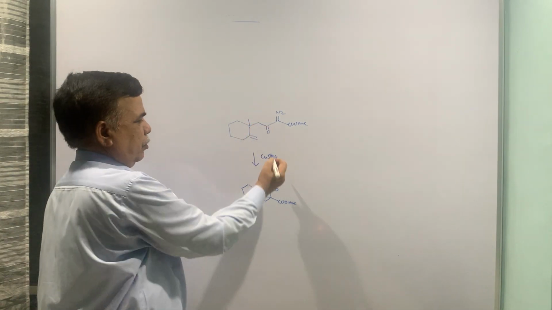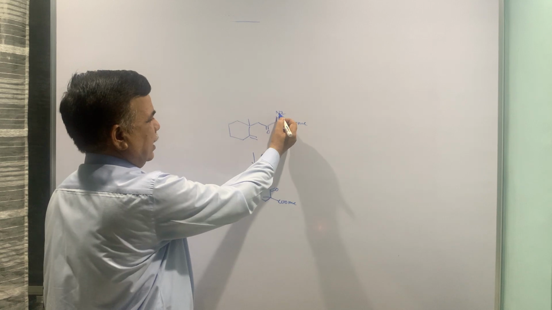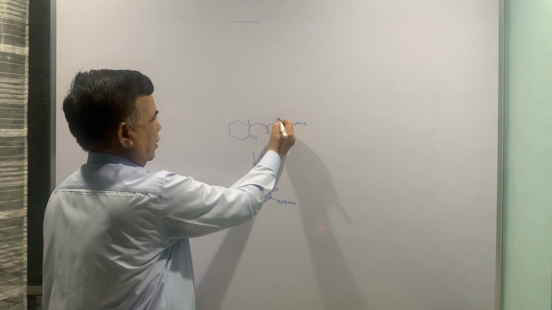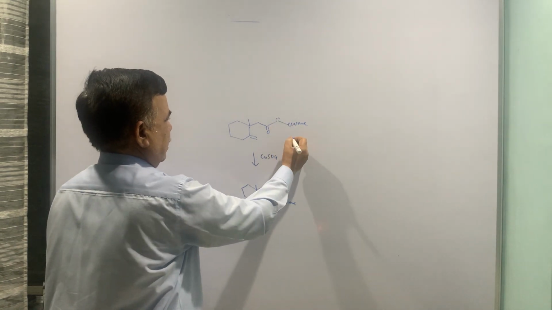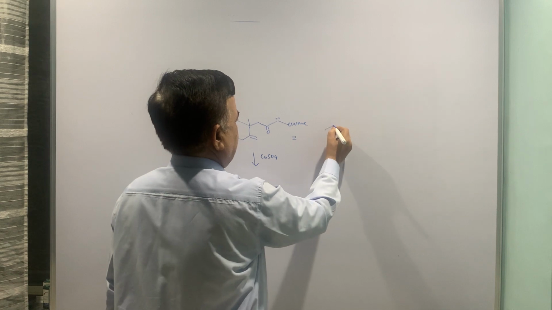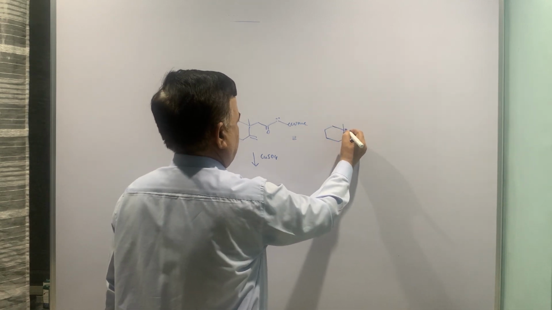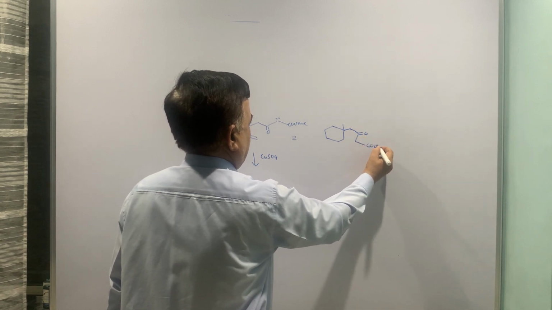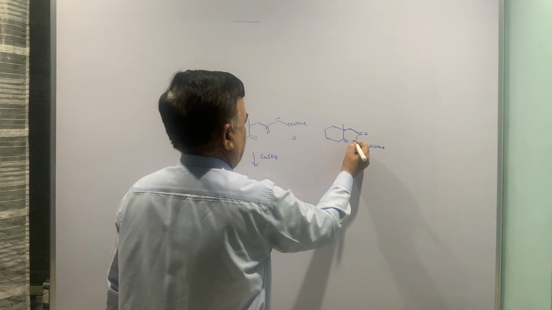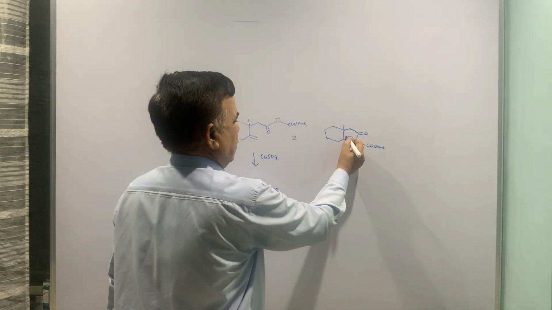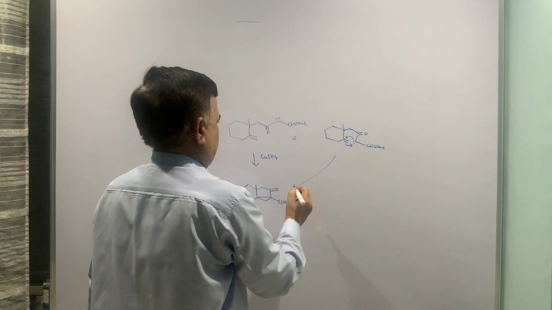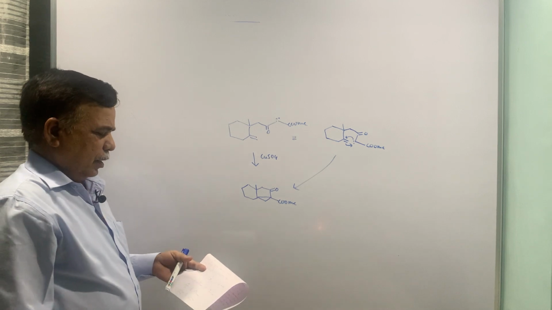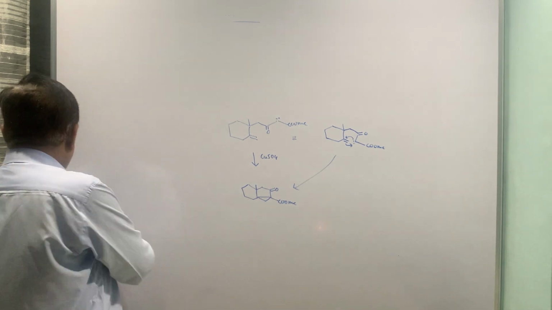So CH2CO that is there. Now the reaction is taking place between two. So initially you will get this. So I can rewrite this and then you can simply add this. Copper sulfate may be catalyzing the reaction, the loss of nitrogen, and that is how the reaction takes place.